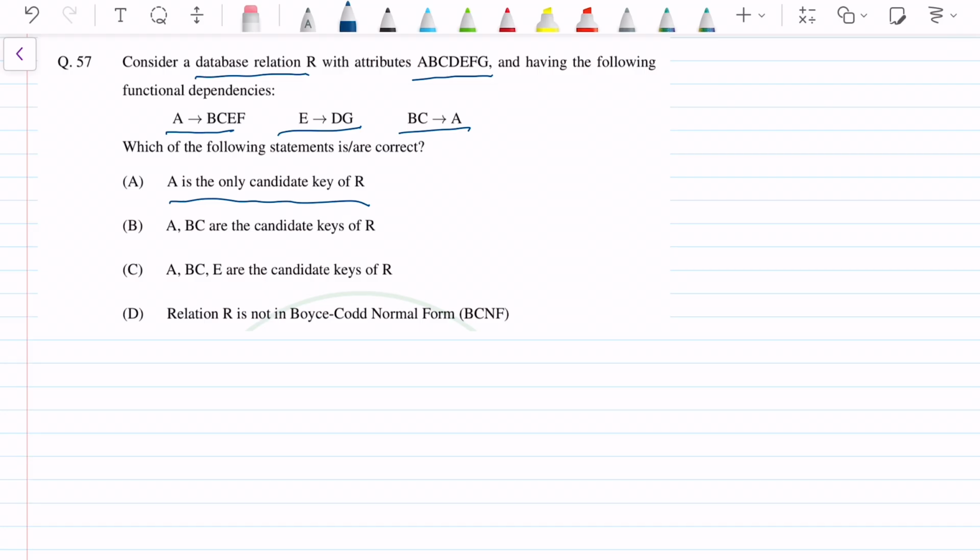So candidate key is the attribute which can fully determine the table, or which can determine all the other attributes of the table, that is called the candidate key, ठीक है। तो ये पता करने के लिए we can find the closure of each of these attributes. तो हम A का, E का और B C का क्लोजर फाइंड कर सकते हैं, ठीक है। सो लेट्स सी।